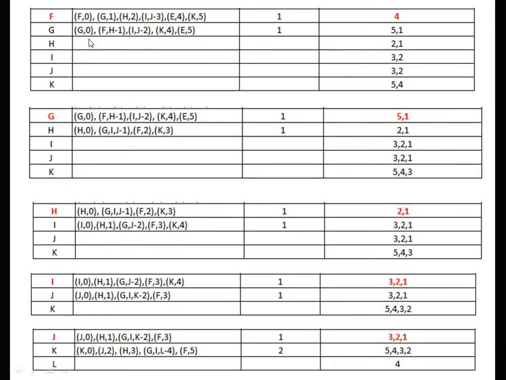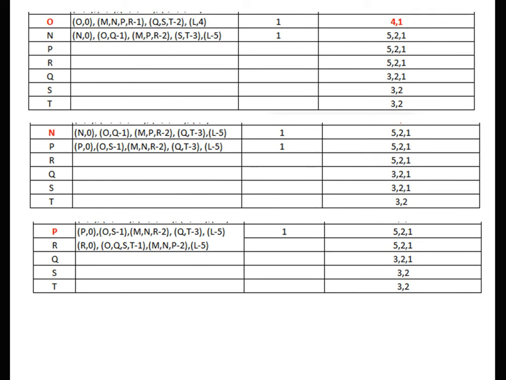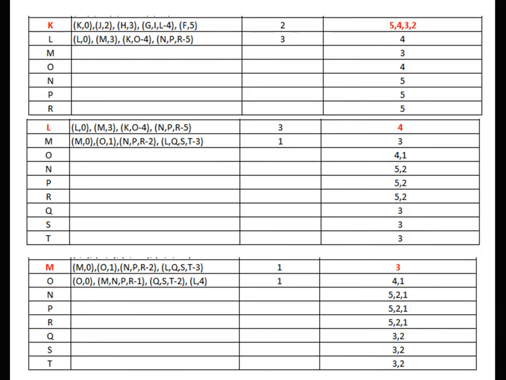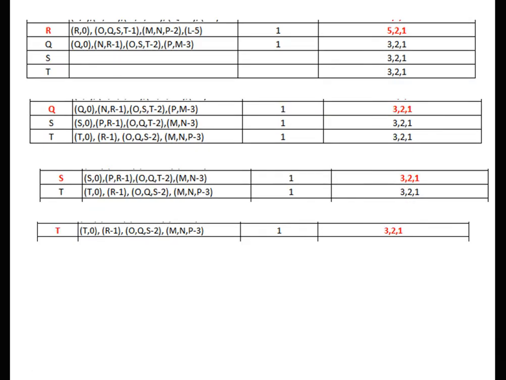So in this way we modify F, then from F, G is closer, so we visit the neighbors of G. Whenever the new distance is less, we are modifying that distance. From G we are modifying H, then I, then J, K, L, and from L, M, O, P. It is very difficult to write down all the points, so I have kept only the modified entries in the slide. In this way we are visiting up to the last point.